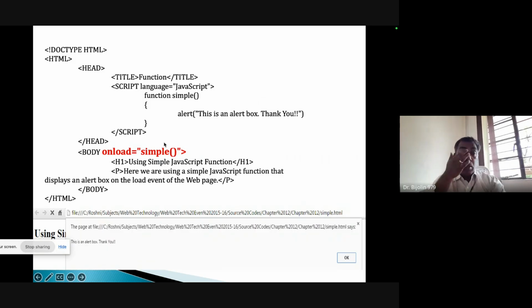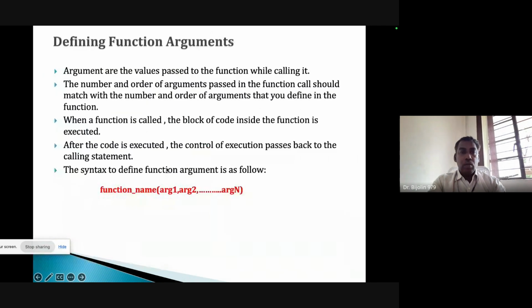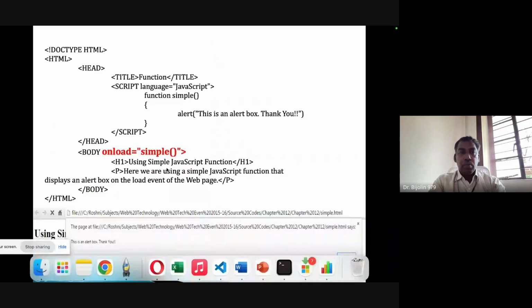Then in the body tag you can give onload. So when you load that particular page, you're going to call the simple function. So what does the simple function give? It gives an alert box like Thank you. Okay, so now when you implement this program,